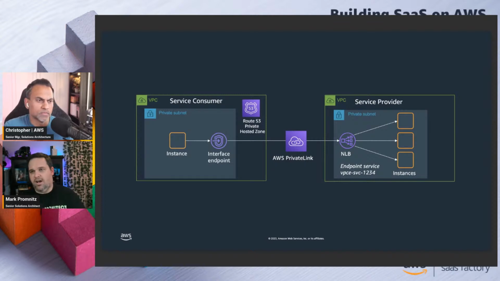Yeah, and I agree. PrivateLink is definitely networking magic. It's as close to networking magic as I've seen in a long time. You don't have to worry about all of this stuff. The traffic almost instantly teleports across and shows up in a different network. It's great, right? We all know it's not magic. None of this is, but it's as close to networking magic as we can get.